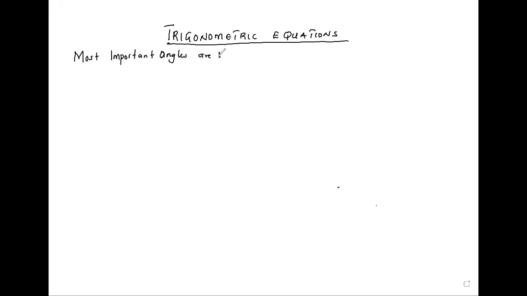The most important angles are 30, 45, and 60 degrees. So these angles, when you're doing equations, they are the key things that you need to know. Okay, so you need to know what sine 30 is, cos 30 is, tan 30, cos 45, cos 60. If you know what values you get when you use these angles, then you can go straight to